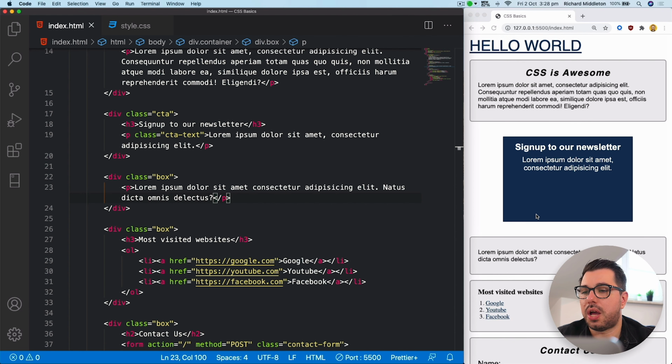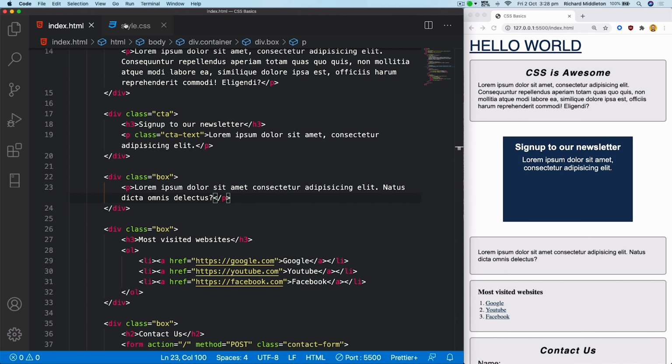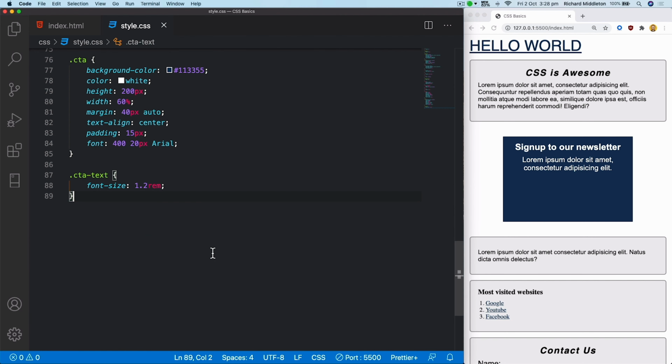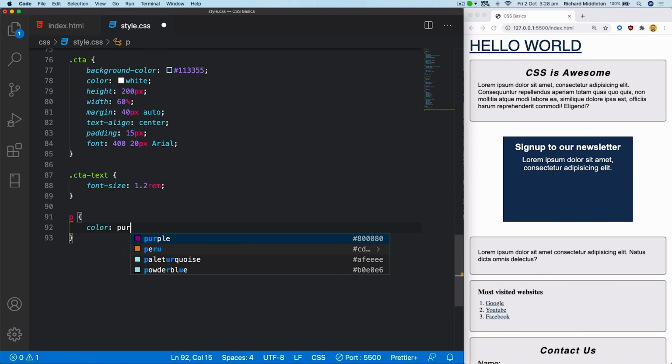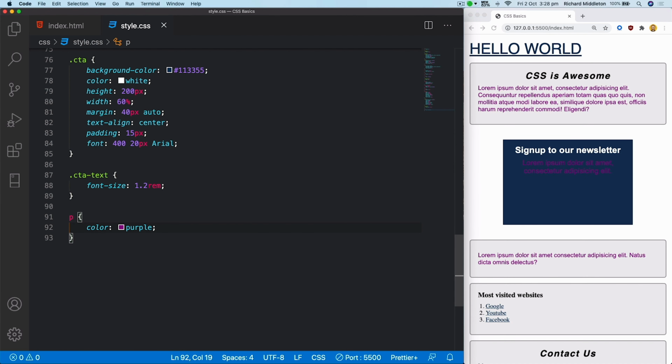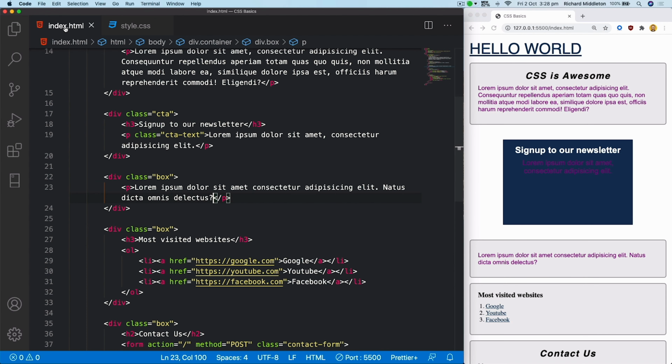Okay, so specificity. If we wanted to color this font, we jump into style here. At the moment it's black. If I said p and color purple, that's changed all of them, which is not what we're after, right? If I then went to my index and added a class on this p tag, and I call this blue,